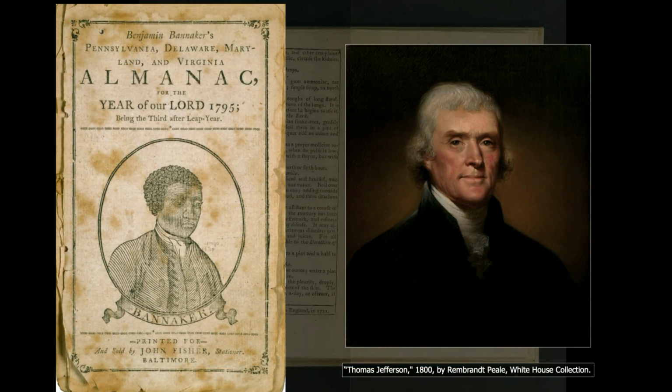Now, 5 months after his contribution to Ellicott's first survey, Banneker wrote to Jefferson. His primary goal was to promote the publication of his forthcoming 1792 almanac. Along with his letter, Banneker sent Jefferson a handwritten copy of his calculations. In the August 19th, 1791 letter to Jefferson, Banneker's introductory address to the Secretary of State conveyed a tone of